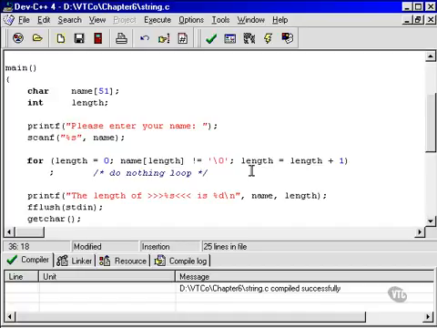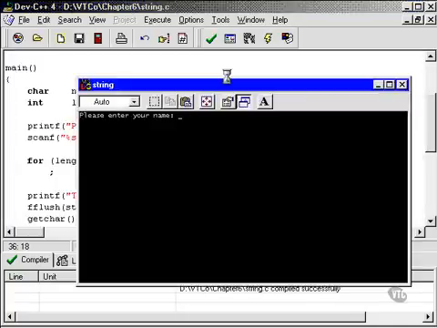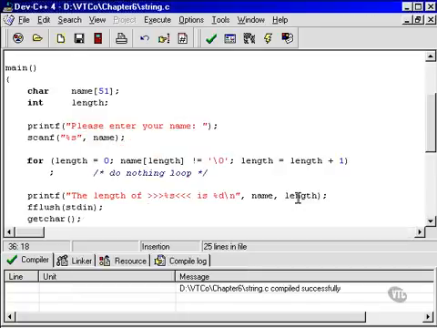We want to say we're going to continue through the loop while the character at that position is not the null character, not while it is the null character. So that should improve things. Let's try that again. No errors. Run. Mark. Length of Mark is 4. Okay, so that's a little successful piece of debugging. That's the sort of thing that happens all the time in C programming. Let's move on and look at a more complex and sophisticated type of array, the multi-dimensional